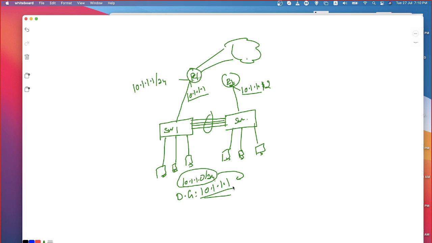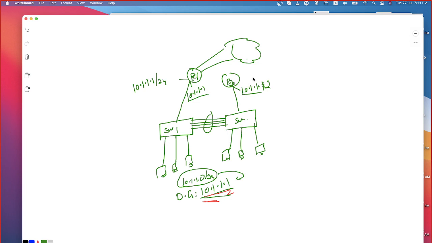Can I configure two default gateways for the PCs? No, it's not possible. Only one default gateway can be configured, not two. So in that case, if I configure 10.1.1.1 as my default gateway, then what will happen? As long as router 1 is up and running, the traffic can go over there. If 10.1.1.2 is the default gateway I configure, then as long as 10.1.1.2 is available, the traffic can go